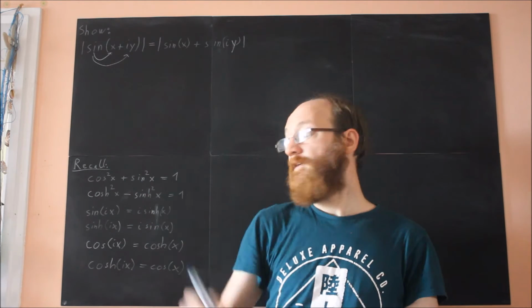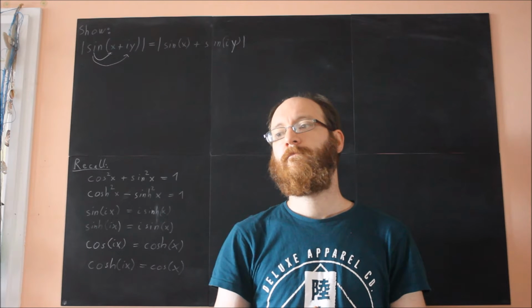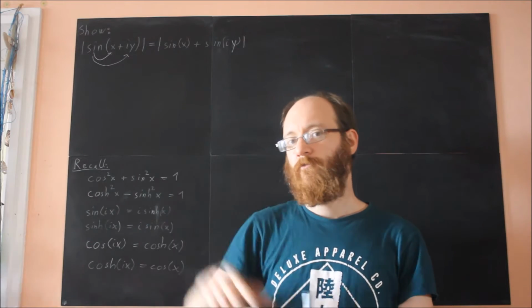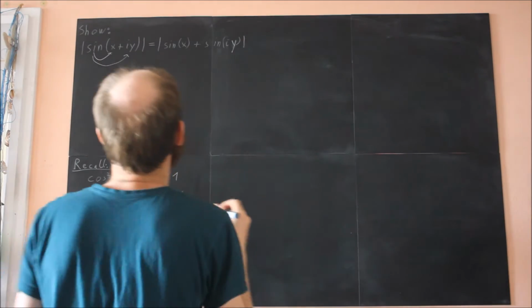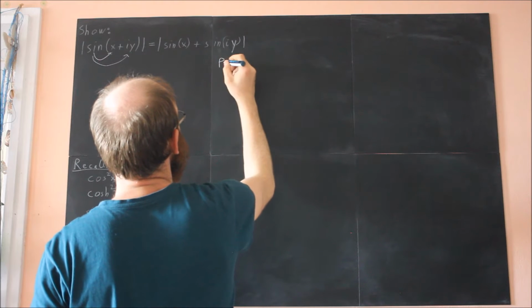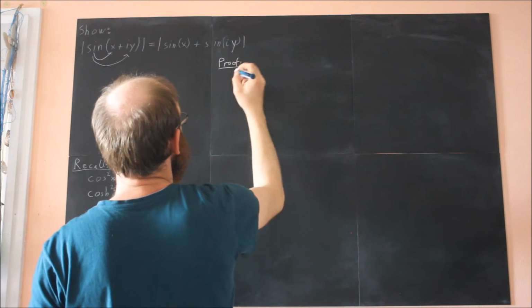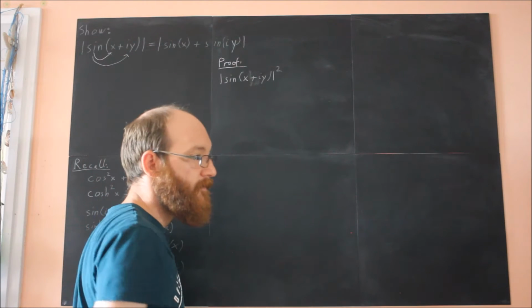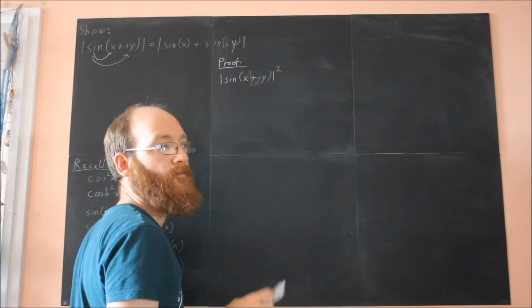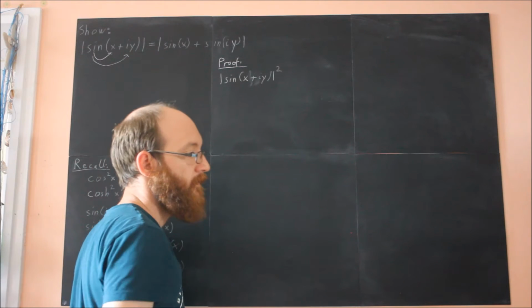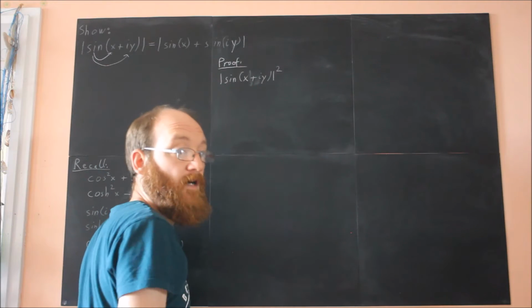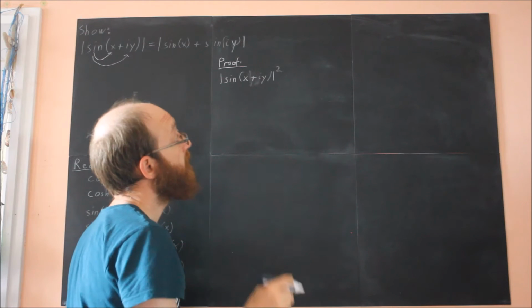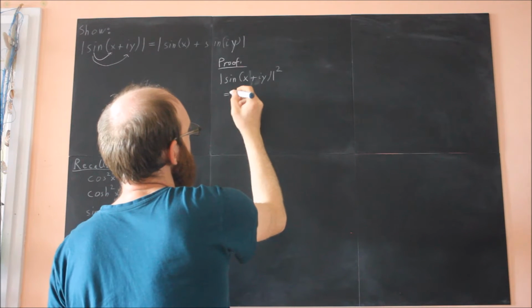And now we prove the statement, and to get rid of the square root all the time, we consider the square of the absolute value. So let's start. We consider the square of that, and first, to calculate the magnitude of a complex number, it makes sense to split the complex number up into the real part and the imaginary part, and therefore we use the addition formula for the sine, and therefore we get